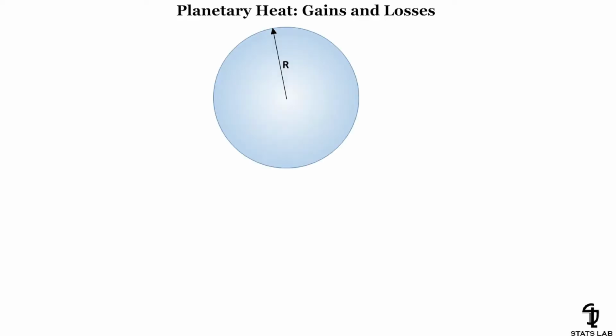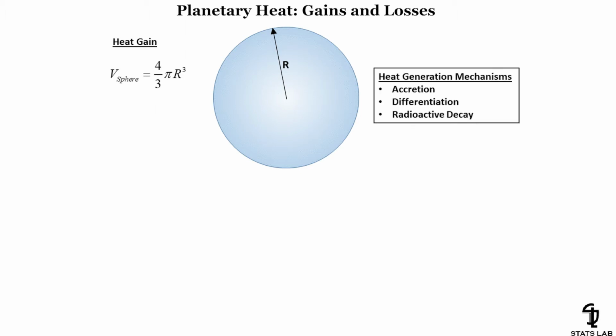The greater the size of the planet, the greater the number of planetesimals it takes to make it, and the more thermal energy stored during formation. Thus, the heat energy from accretion is proportional to the volume of the spherical object, given by volume equals 4/3 pi r cubed. Note that heat energy also comes from differentiation, the settling of higher density materials, giving rise to